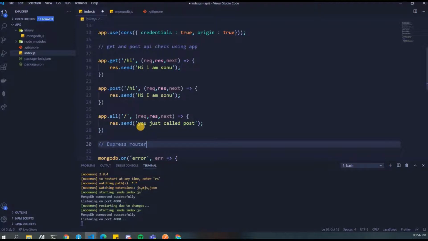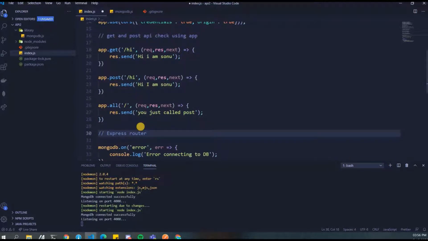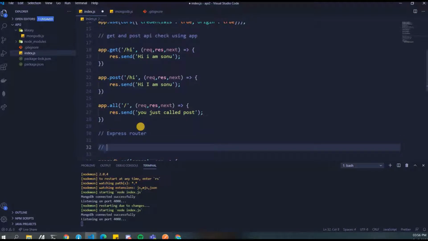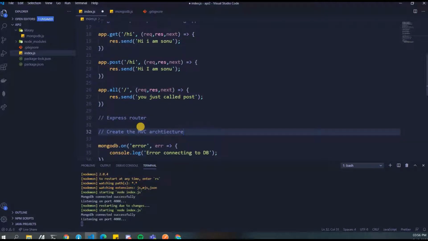We'll create some APIs first. So we are gonna be doing Express router, and on top of that, we'll also try to create APIs, create the MVC architecture, model view controller architecture, where we'll be able to create a collection via our model and then insert data into it in whatever form we need.